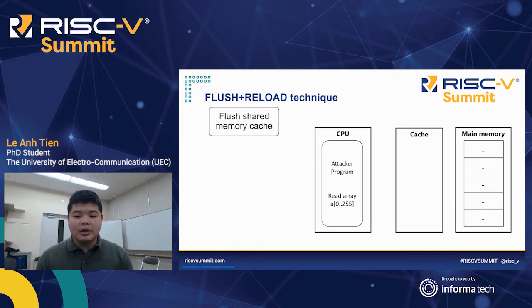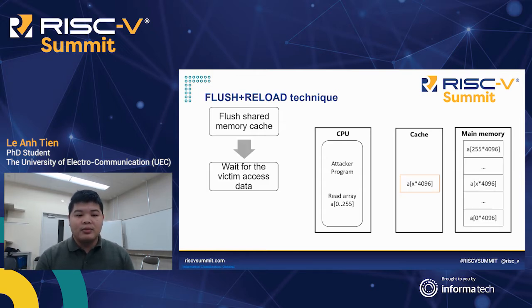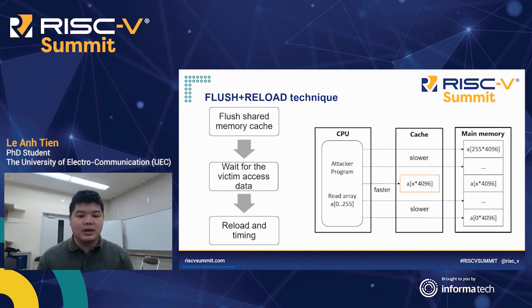First, the attacker would flush the shared address in the memory cache, which in the BOOM core we choose to be the L1 cache. Then the attacker will wait for the victim function to access the private information. Finally, the attacker will reload the array to find out which element has an access time faster than the others. Therefore, it will be the earlier accessed element, which will be a character in the private string. So they can repeatedly do it and retrieve the full string.